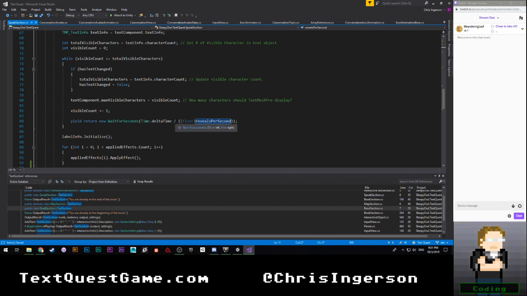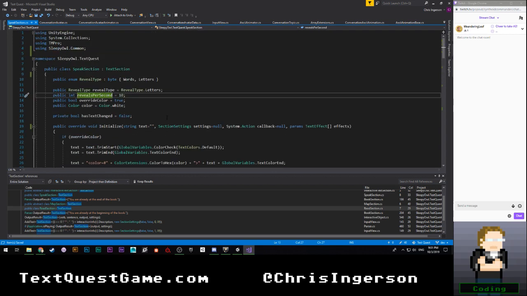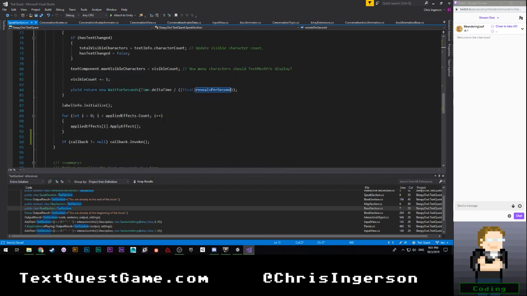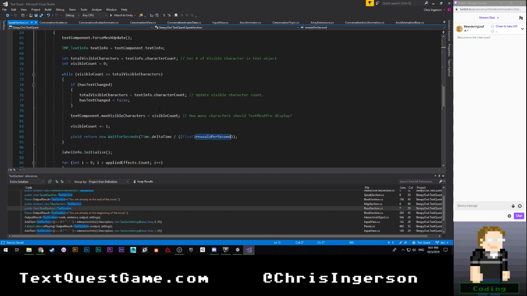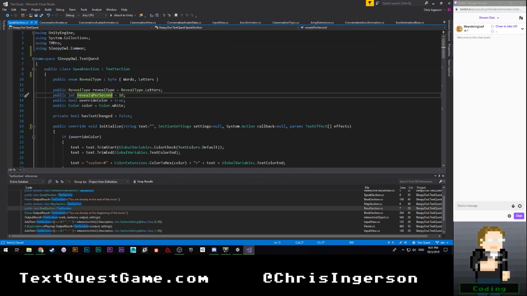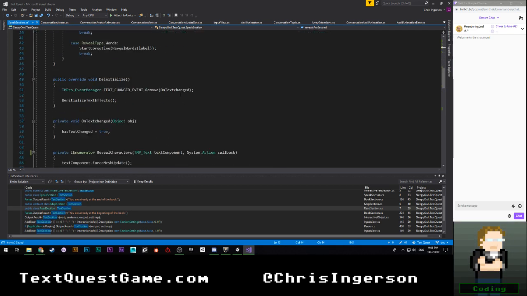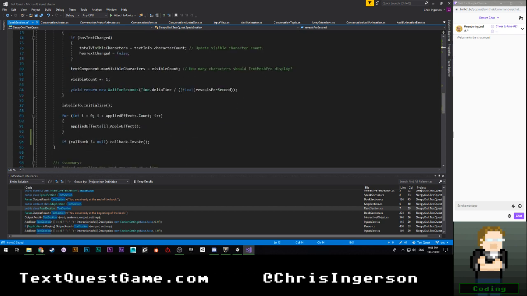So reveals per second, I actually want to go the opposite direction. What a weird way for me to do that. So at 15, that would be slower than 1. No, okay. So we're going to change this to a float, to an F. Then I'm going to change this to times.